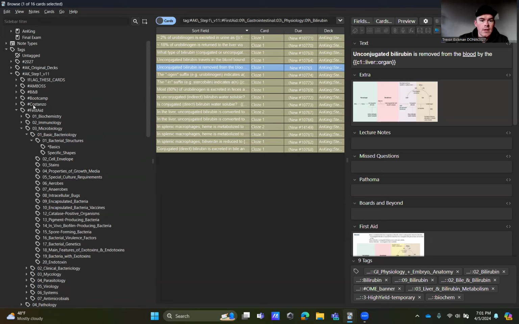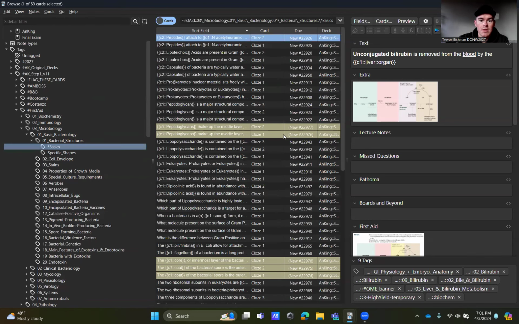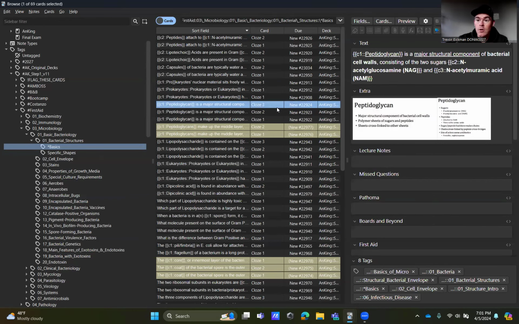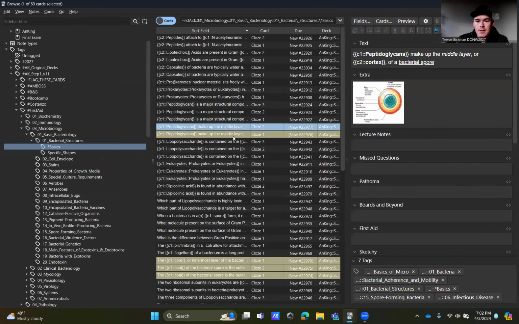You're going to be in First Aid under microbiology to start. And we're going to go into the basic bacteriology and bacterial structures. We're going to be in basics, and we're going to want most of the cards activated here. I will go over the ones that we do not want activated. So if your cards are oriented the same as mine with this little arrow pointing down, we'll just go through it a little slowly. So you're going to want all the cards except